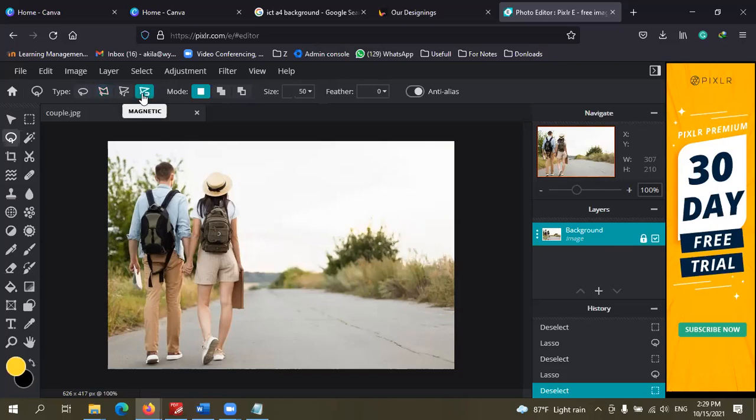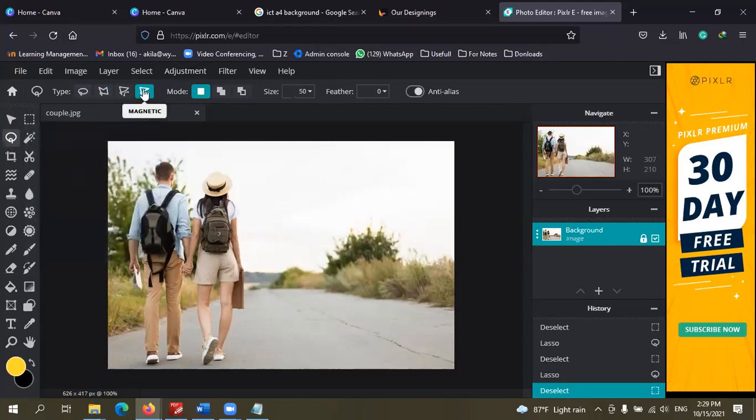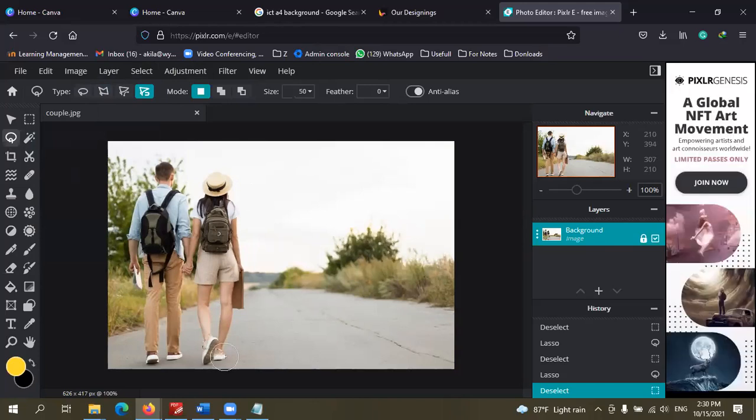And then, children, the magnetic lasso. This will automatically detect edges of the image. So we'll try with this one, the magnetic lasso. We can try the previous ones later. Right now, everyone, just select the lasso tool, and from there in the option bar, you can select magnetic lasso. This is what I'm going to do now. Just click on some point of the image and just remove your finger from the mouse or the touchpad. Then you can just move the mouse very close to the edge of the object, right?